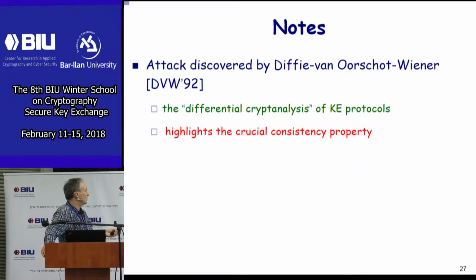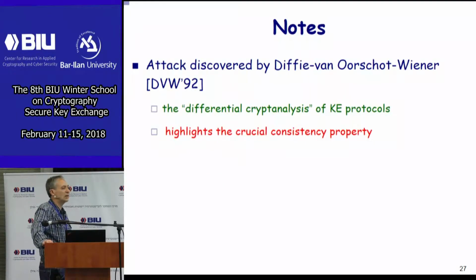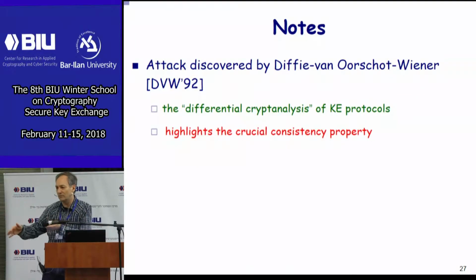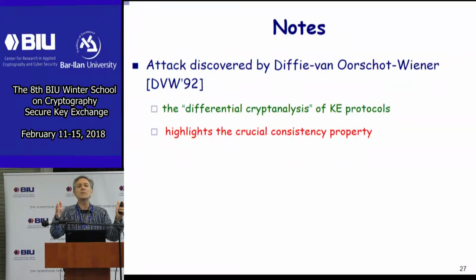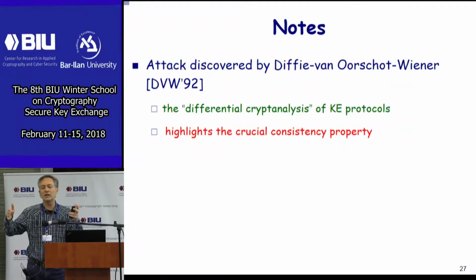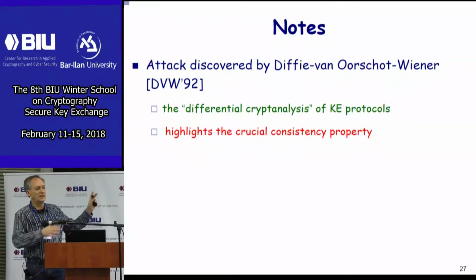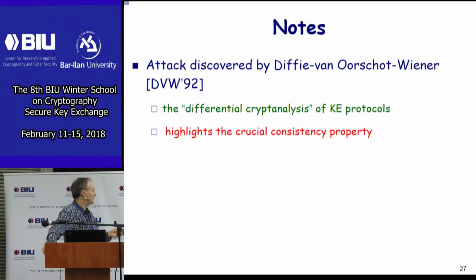As I said, this was discovered by these guys. And I call it the differential cryptanalysis of key exchange protocols. When Shamir and Biham came with differential cryptanalysis, you could see one cipher after the other being broken by this new attack. And if someone gives me a protocol to look at and decide if it's secure or not, the first thing I will try is whether it falls to an attack like this, and that happens many times.